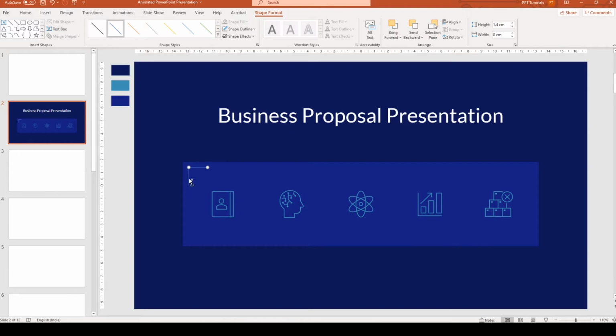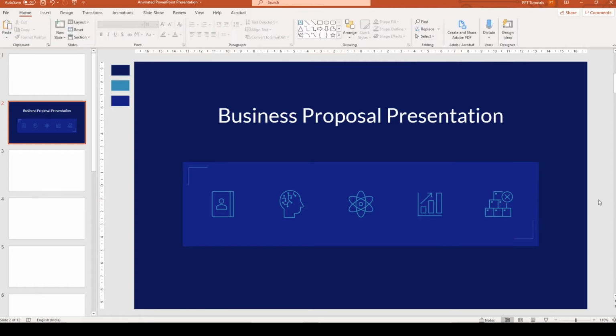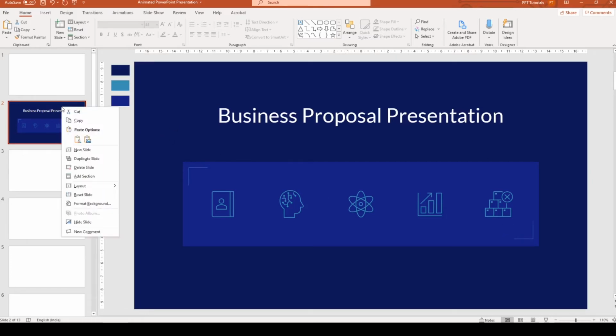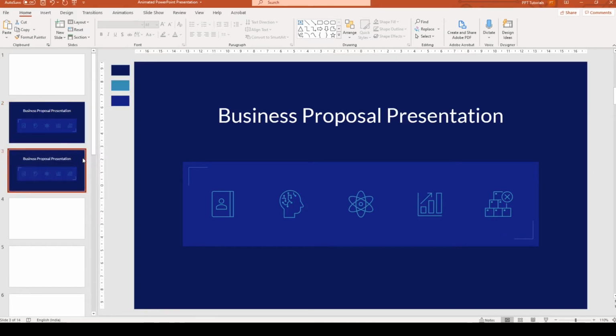Once we have the adjustment, we'll just duplicate this combination and paste it at the other corner of this rectangle. To make the morph transition work, you can either create a duplicate of that slide or even copy pasting elements from one slide to the other works. Now, right click on the slide thumbnail and duplicate the slide.